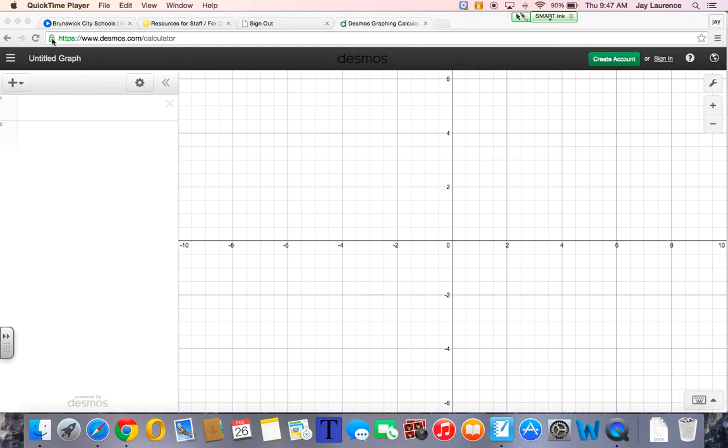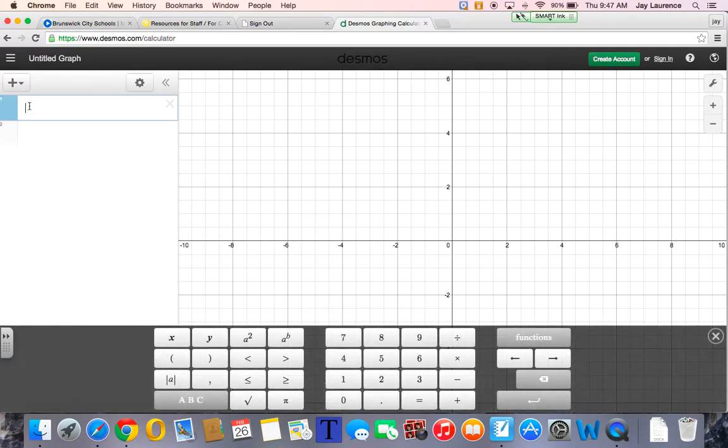But anyway, I'm on a special site here. You see this, www.desmos.com/calculator. This is a free online graphing calculator that I've talked to you about, and we're going to do some graphing practice, but I'll show you how it works really quick. You just tap in that little box, and then let's say you want to graph the equation y equals 3x